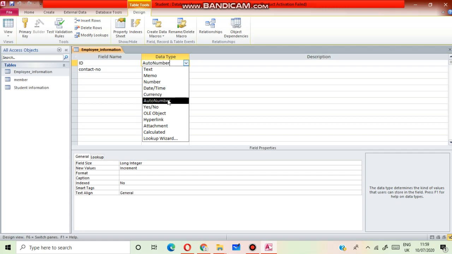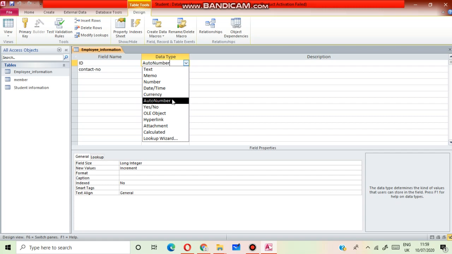Next, auto number. I have already discussed what auto number is. This is used when you want a sequential series of numbers to be generated automatically. The initial value is 1 and with each record the value is incremented by 1.